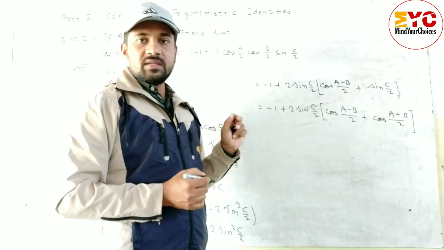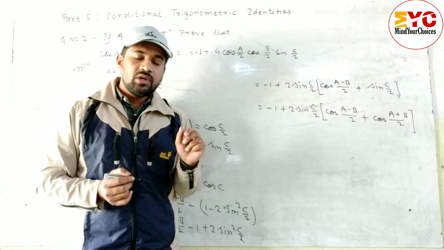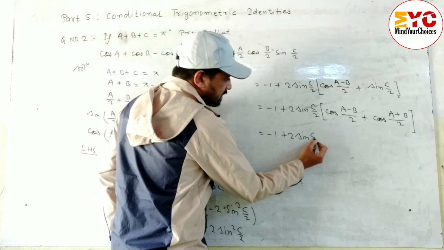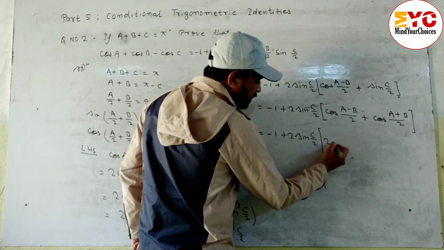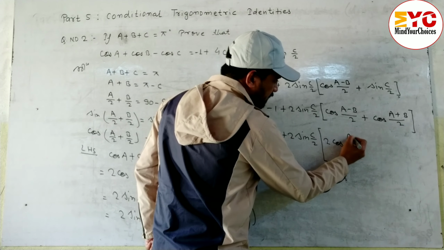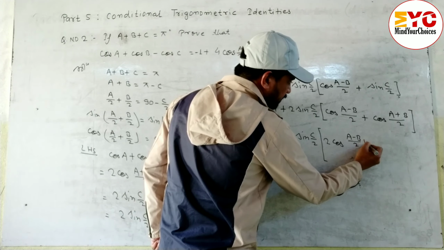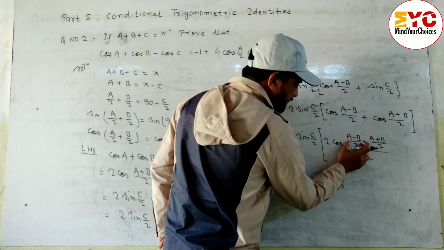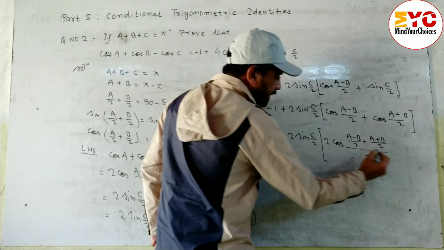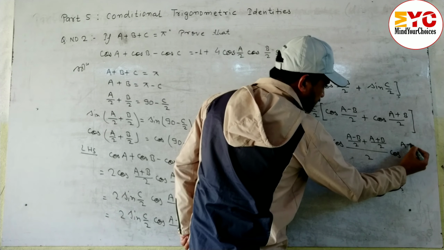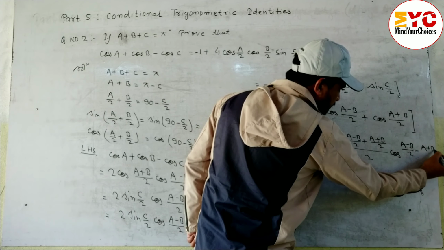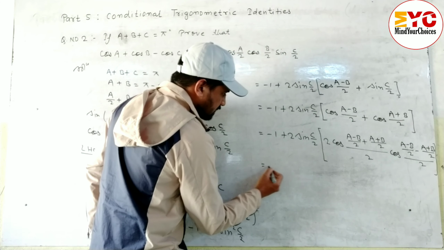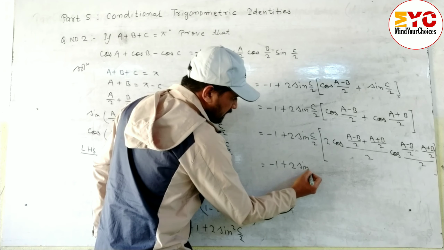So we can use the formula of cos C plus cos D, 2 cos (C plus D) by 2, cos (C minus D) by 2, minus 1 plus 2 sine C by 2. Now use the formula 2 cos ((A minus B) by 2, (C plus D), (A plus B) by 2 by 2, (C plus D), and cos (A minus B) by 2 minus (A plus B) by 2 by 2, (A minus B). After this, minus 1 plus 2 sine C by 2,